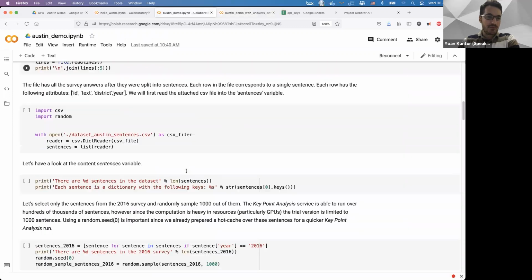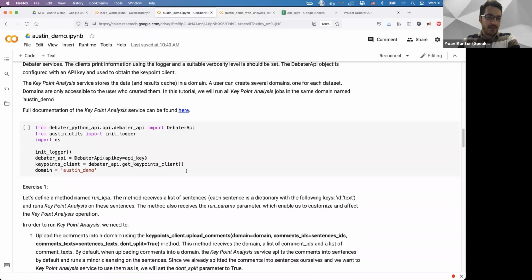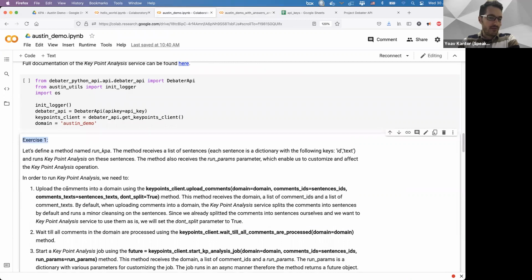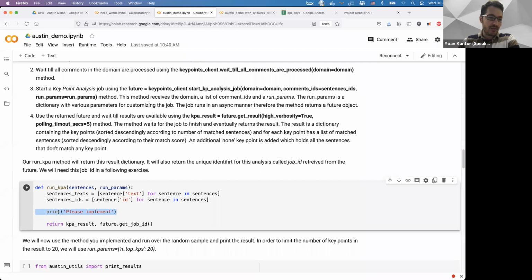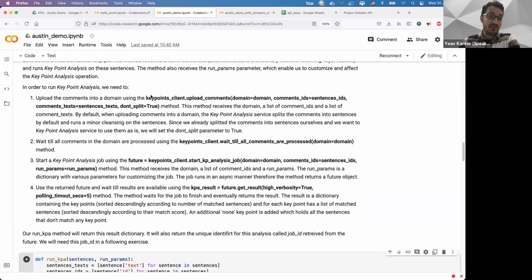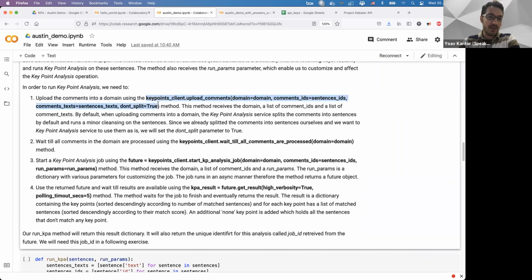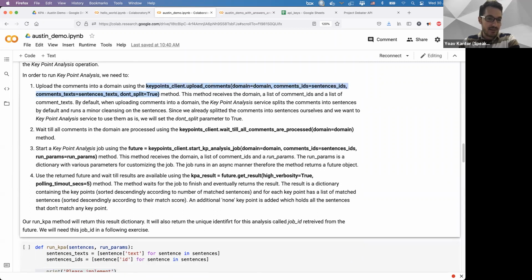So in exercise number 1, you need to fill in the gaps. You need to replace the please implement with the code. I tried to specify the exact thing that should be implemented. There are 4 steps when implementing this section. And the person here in the chat says that API result is not defined.